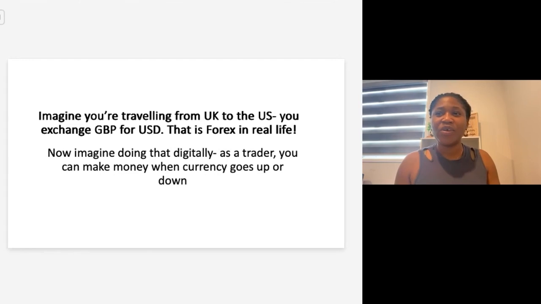So in this example, you travel to the UK and you have Canadian dollars with you. Definitely you cannot use the Canadian dollar in the UK. You have to exchange it. So you look for a currency exchange, maybe like Western Union or a currency store where you can exchange your money. You talk to them about the rate, to tell you how much they are able to change your currency for. You give them the Canadian dollar and they give you the pound. That is forex in real life. Okay.